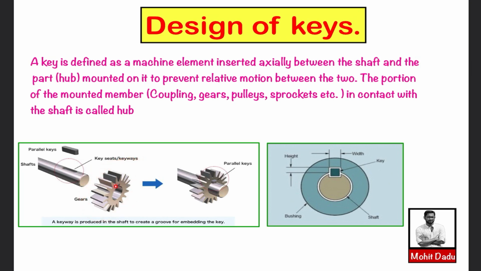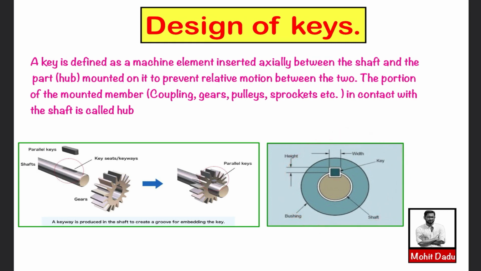Here in this figure you can see a gear and a cut is given. This is given for inserting the key, and the shaft will go into this gear, and the connection between shaft and gear is made with the use of this element called a key. For inserting the key, a key seat or slot will be cut on both the shaft surface as well as the gear, so that it can make a perfect contact between these two elements. Whenever the shaft is rotating, that rotation or the torque or the power will be transmitted to the connected element, here it is the gear, through the help of this key. So it is used for transmitting the power.